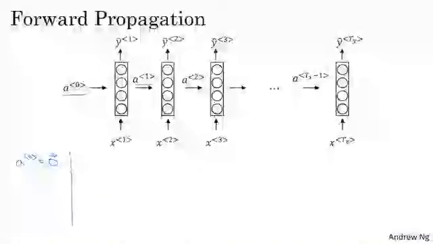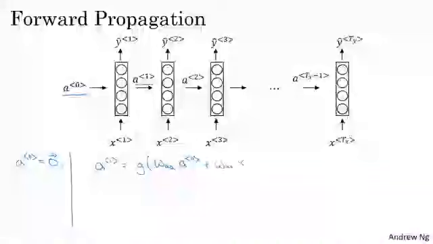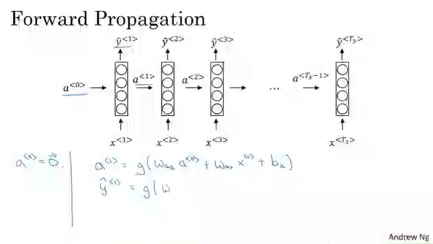To compute A1, you would compute that as an activation function G applied to WAA times A0 plus WAX times X1 plus a bias, which we're going to write as BA, and then to compute y hat 1, the prediction at time step 1, that will be some activation function, maybe a different activation function than the one above, applied to WYA times A1 plus